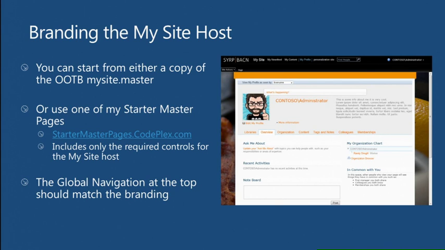And so if you want to customize that, and let's say you only want to make a small amount of change, like I said, just add a logo, change a color, you could maybe copy mysite.master and then make a couple changes to that and apply it to the site, and you'd have a start of something that's decent. If you really want to change it a lot,